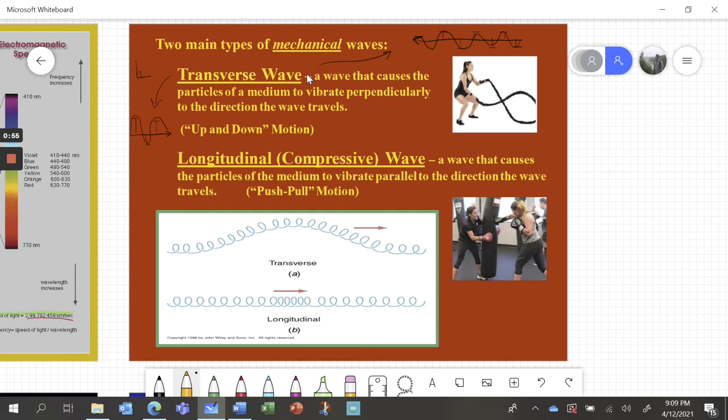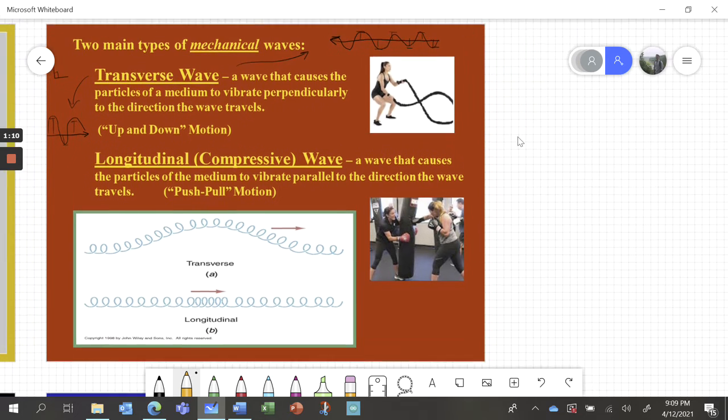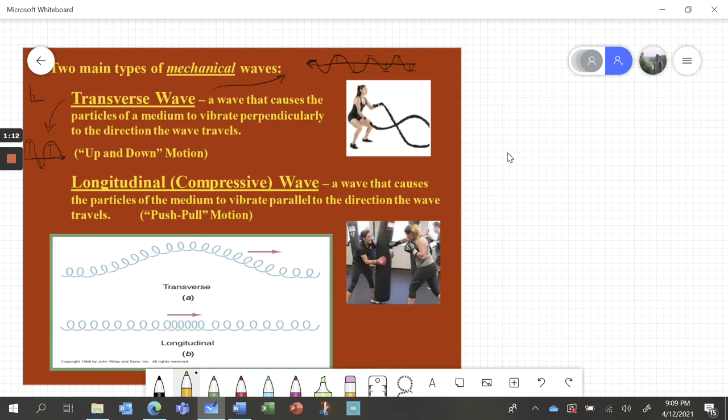So anyway, a transverse wave is a wave that causes particles to move perpendicular to the direction of the wave. You can see I made a couple little diagrams to show that, but let me just go through that one more time. So, for example, if we have a wave that is traveling to the right,